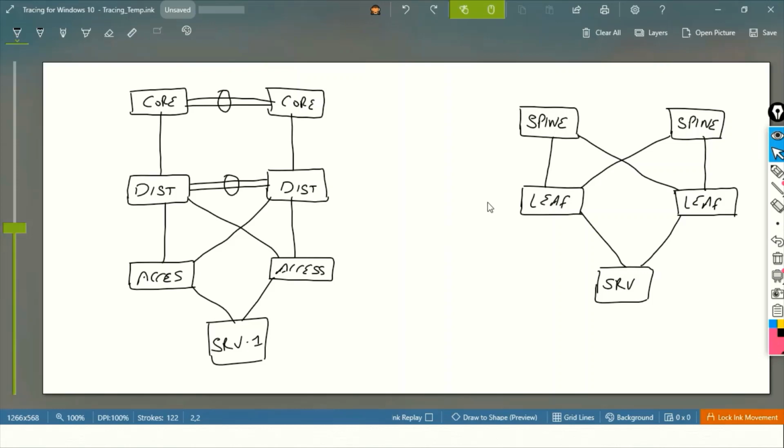Right? So this is the spine and leaf layer. First understand what this difference is, why spine and leaf comes into the picture, and why we are not going to use this three-tier architecture. Let's give this the name server 2 here.